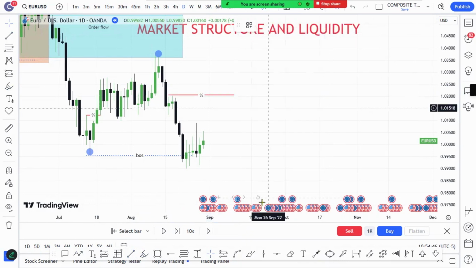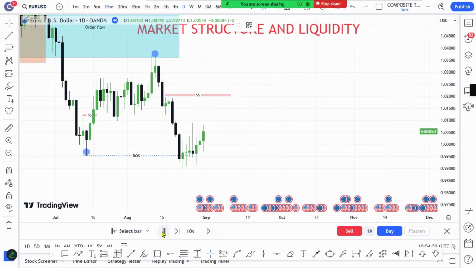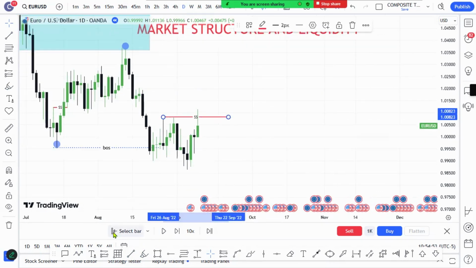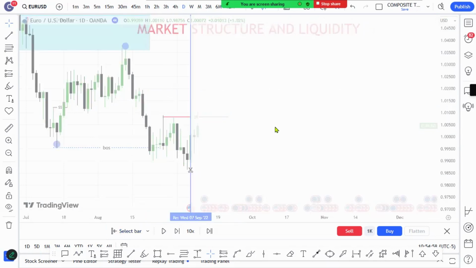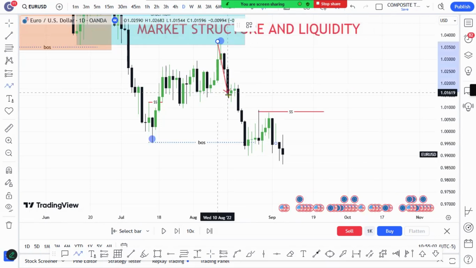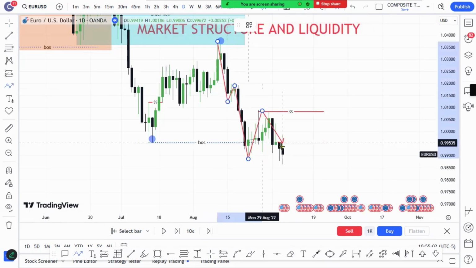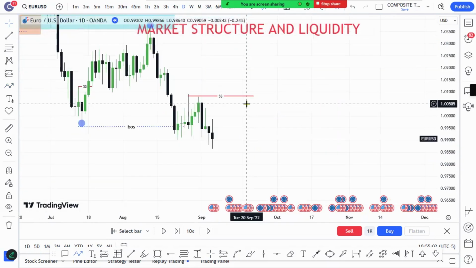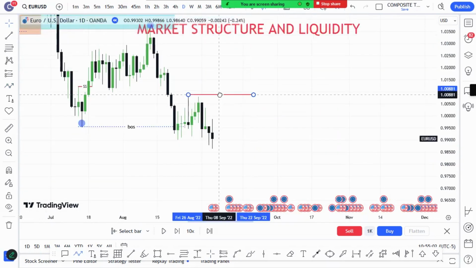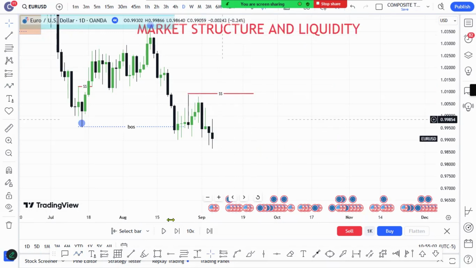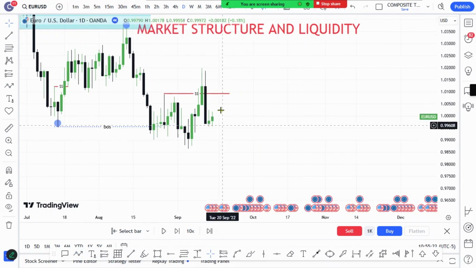So let's see what happens here. Do we break this structure here? Okay, price pushes to the downside, and these are your new liquidities here. This is your first pullback. Look at that. Price can take out this level and push to the downside. So this is your liquidity. Yeah, this one. But the best one, I'll always pick that one. So let's see. Taken out.